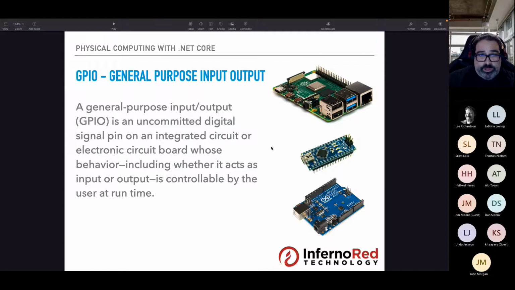So what we're going to be learning today is how to interact with the GPIO pins in the Raspberry Pi using .NET Core. And why is that important to us? Well, this group is called Caparia.net, right? In the past, let's say 15 years ago, before we had the Raspberry Pis, we would probably be programming C using an Arduino Uno or Arduino Nanos.